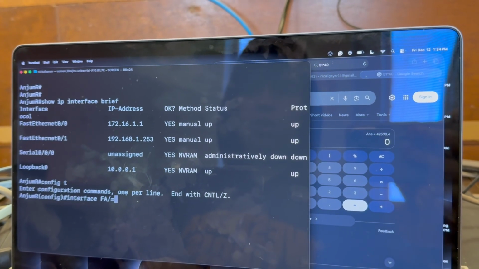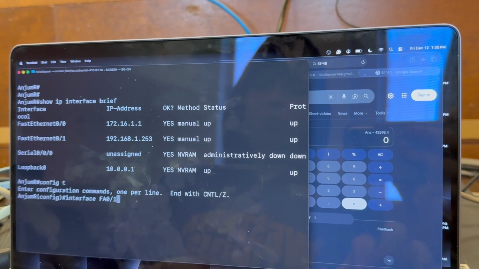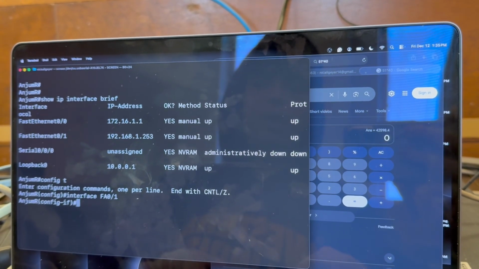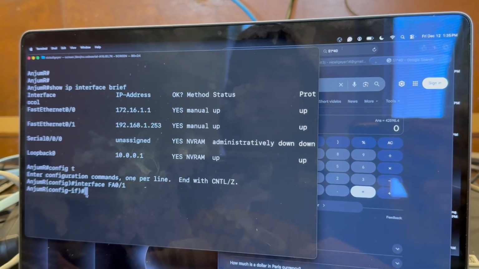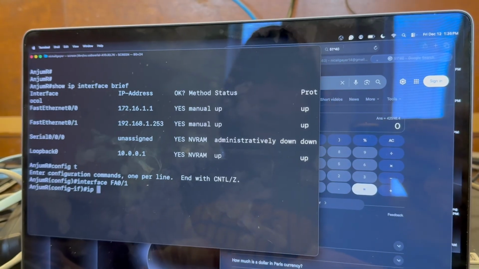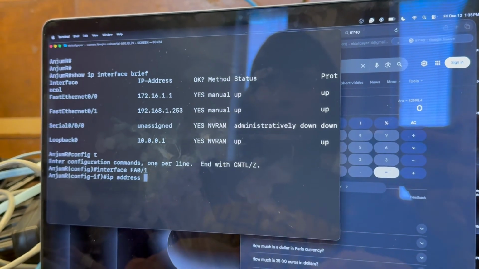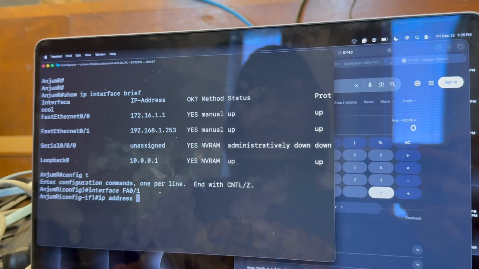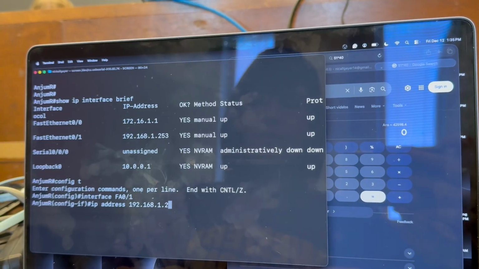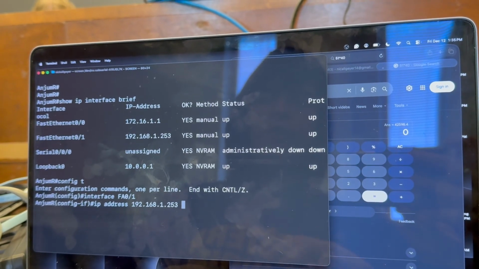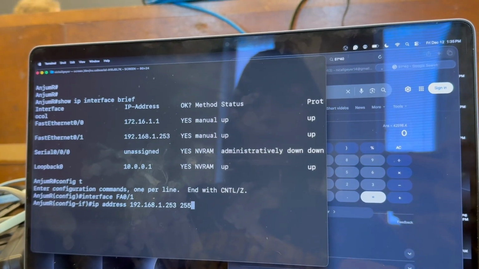A faster way to go to Fast Ethernet, you can just do FA and then whatever port you're trying to set up, and then this will show up. So config-if, which stands for config interface. You're then going to type in IP address and then put it to the address that you're looking to do. So in this instance, we're going to do 192.168.1.253, and then you're going to have the subnet directly following by a white space. So it's going to be